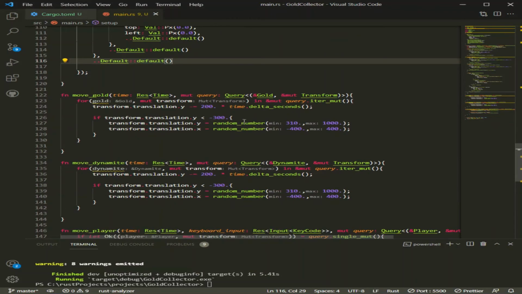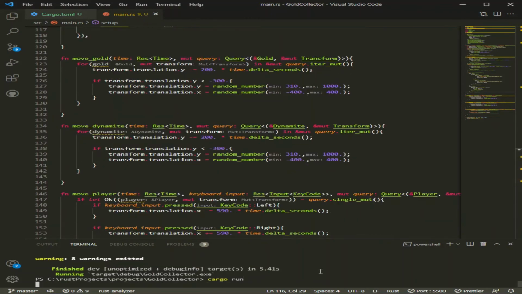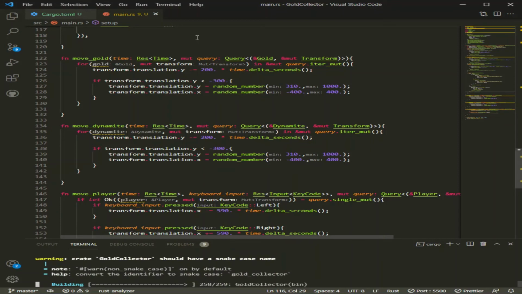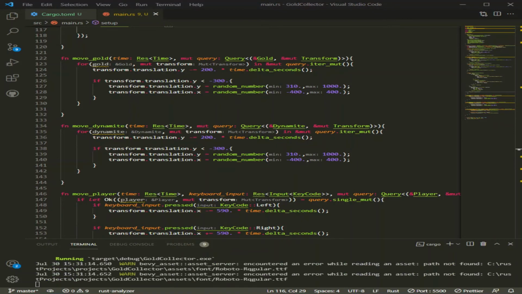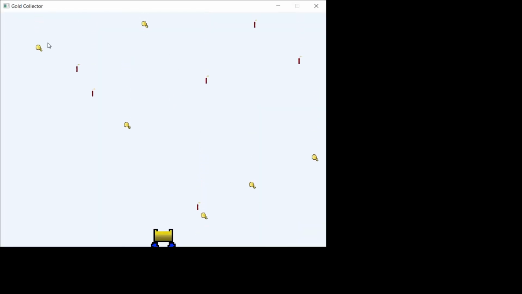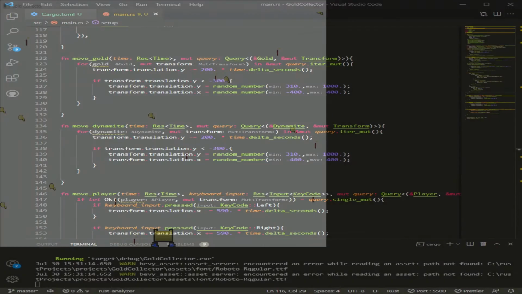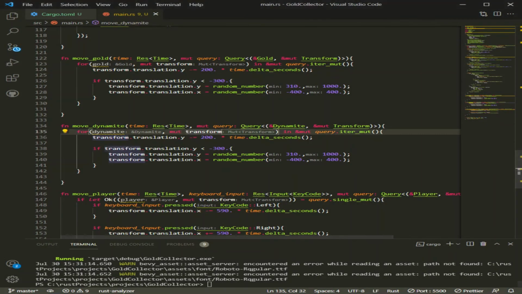And now that text should appear on the screen. So now we run this, it should just appear on the screen at the top left, and it will say 0. Let's wait for this to show up. Actually, it doesn't show up on the screen. Here, I'll show you. It doesn't show on the screen because we forgot one thing. We forgot to add a camera. So in the beginning when we made this, we added a 2D camera